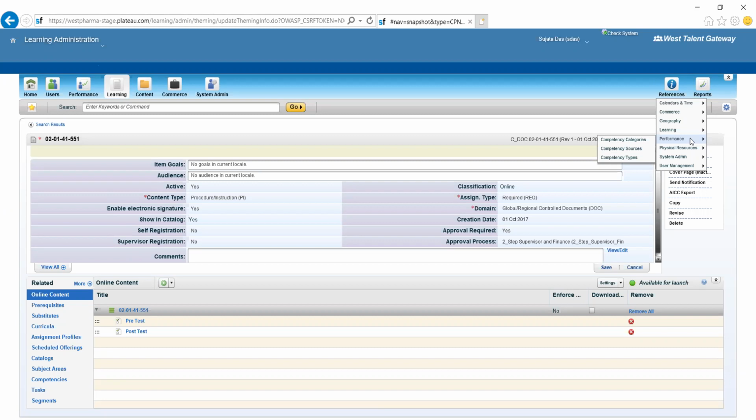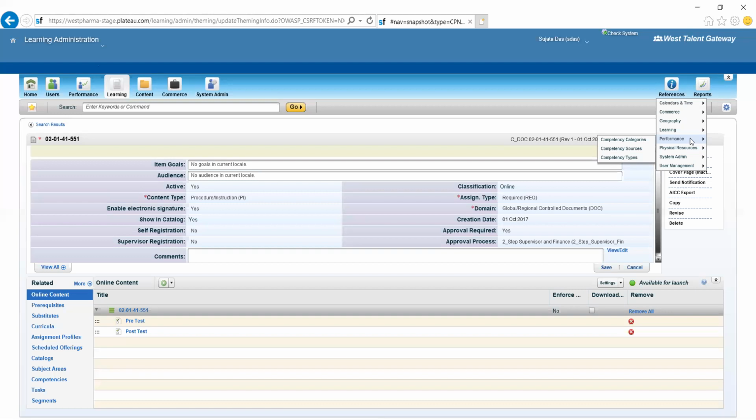What is the main purpose of attaching competency? As you must know, whenever a training need is identified, mostly it is a competency gap. Suppose to perform a particular job, you need a particular level of competency. The competency may also have a scaling, like 1, 2, 3, 4, 5, where 5 is higher and 1 is lower.